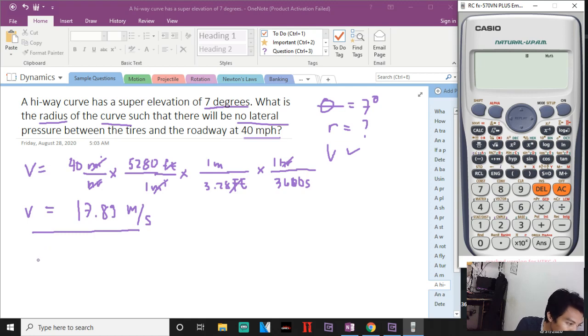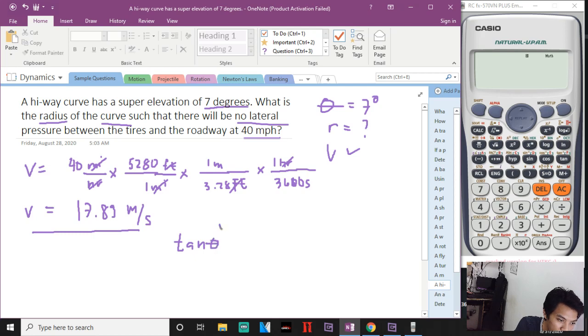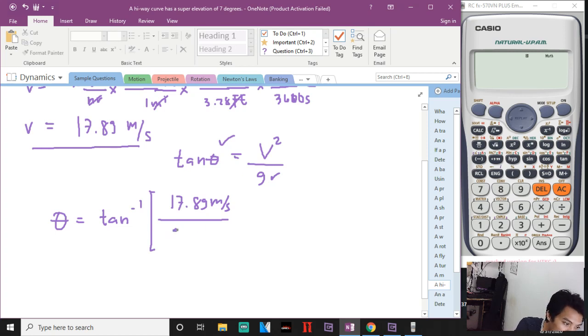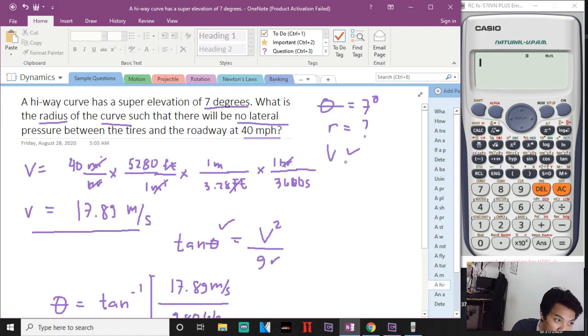So, let's proceed. So, tangent theta. Take note. Tangent theta. Ang hinahanap kasi is theta. Okay? Equal to V squared over GR. Now, theta, ang hinahanap mo in degrees. Okay? Theta in degrees. So, theta alone equal to arctan, tangent raised to negative 1. Yung V squared mo, 17.89 meter per second. Tapos yung G, that is 9.8066. Tanggalin ko na yung unit. And you have,